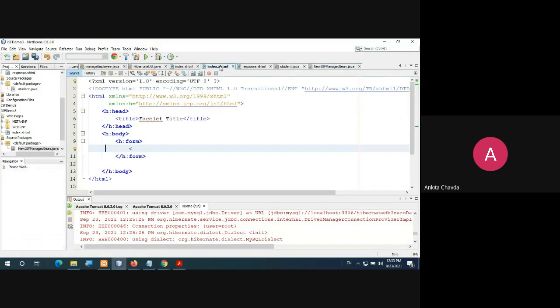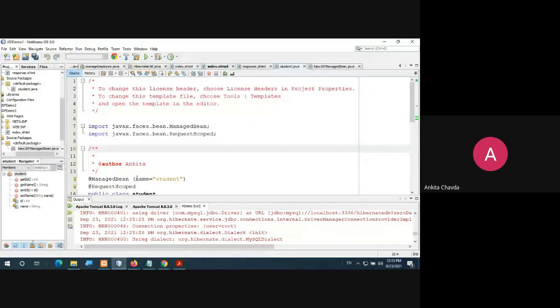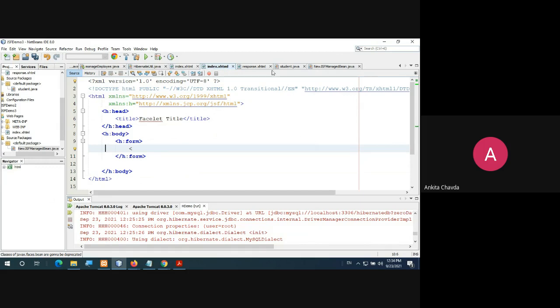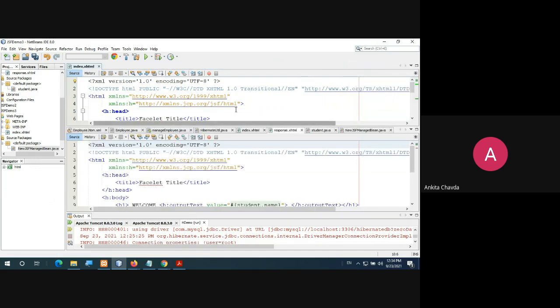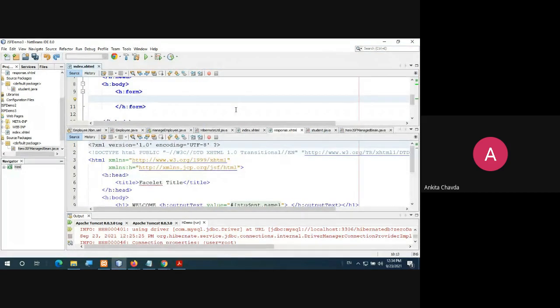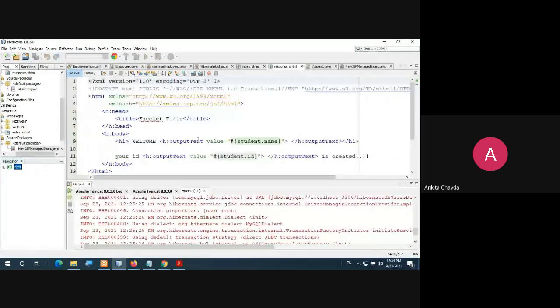Fine, whatever is required. So I'm explaining what I have done. For this managed bean, I have given the name, my bean name is student. I am referring to this bean as student, and that is why I am writing it over here. Where is my index.xhtml? Yeah, this is what I have done.